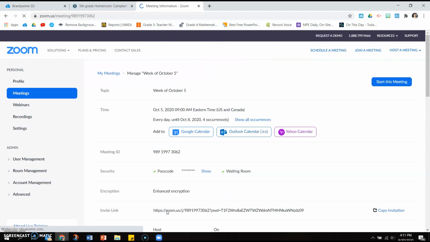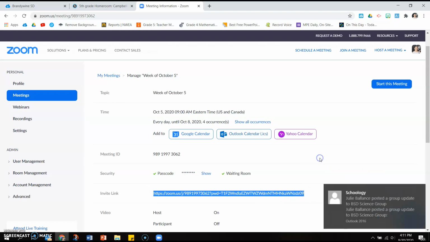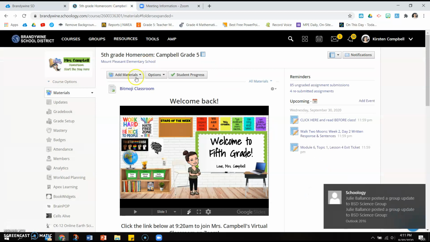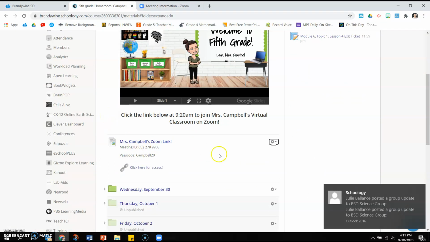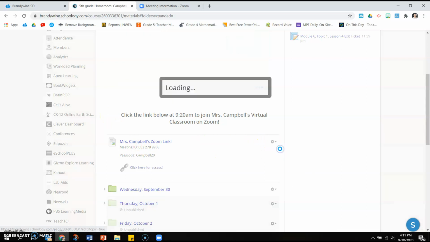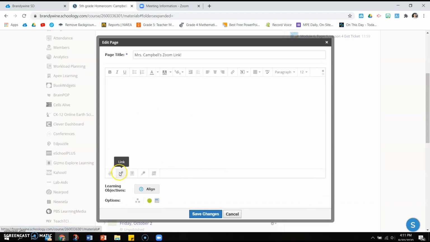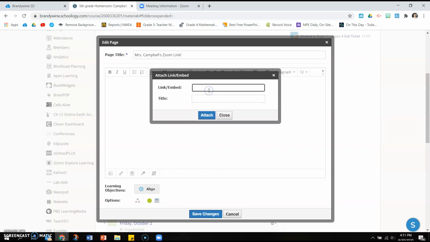So you save it, and you're going to highlight the invite link, copy it, go to your Schoology page. Now I'm going to edit my Zoom link that I had, erase the old meeting info, erase the old link, post a new link,